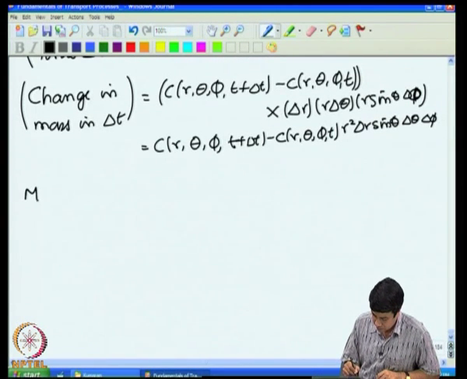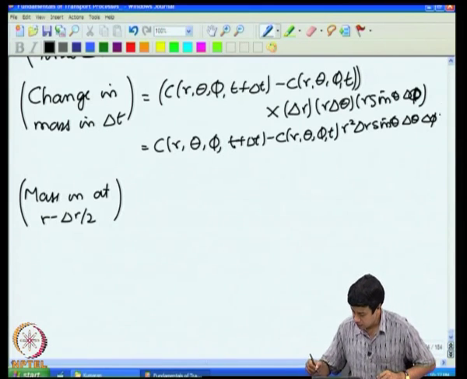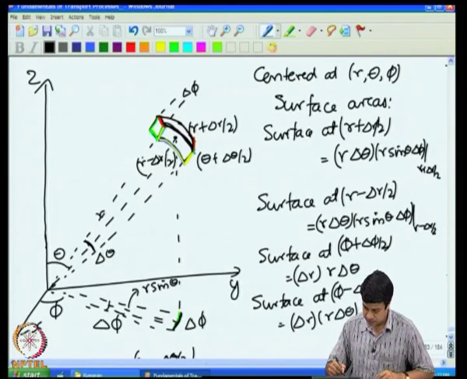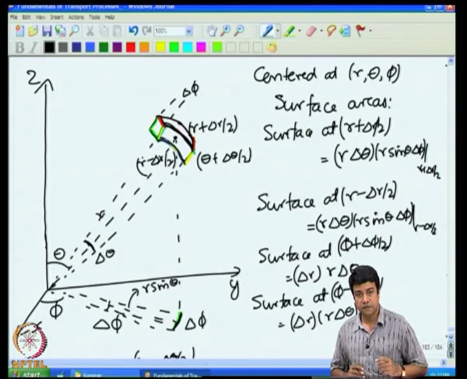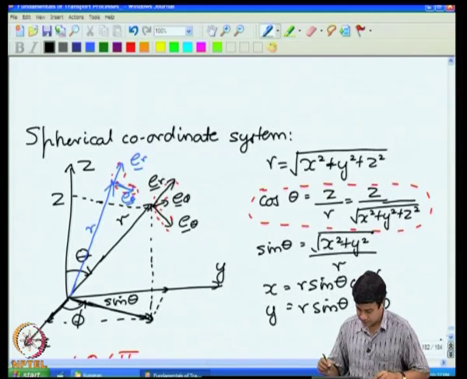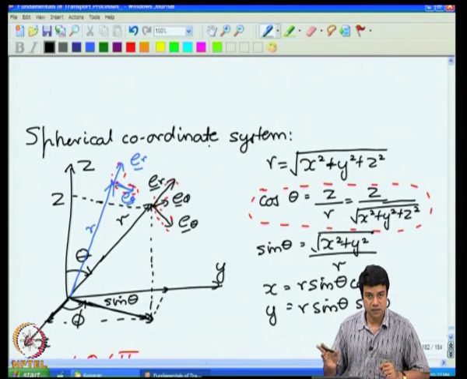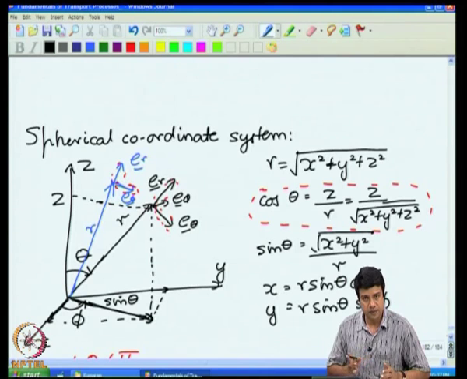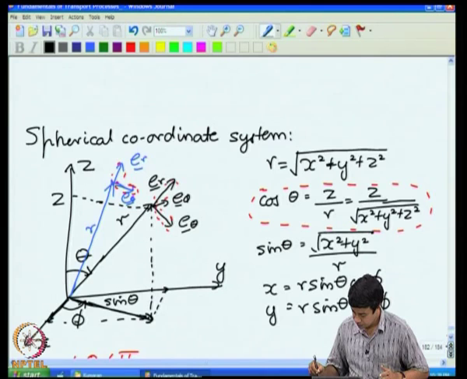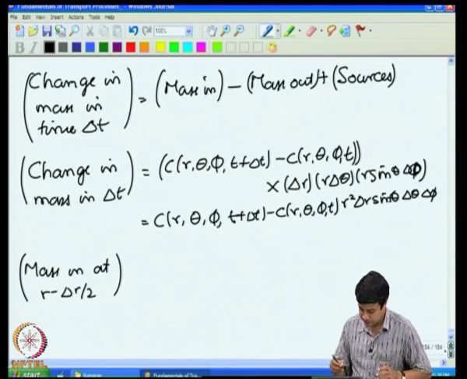So, first, mass in at r minus delta r by 2. Mass in at this surface, the bottom surface. Mass is coming in if the flux is positive. In the coordinate system that I have chosen, Er is in the plus r direction. Therefore, at the bottom surface there is mass coming in when the flux is along the Er direction. Therefore, this mass in can be written as